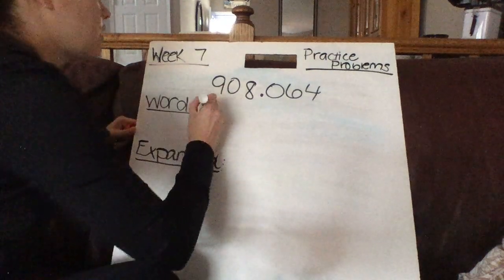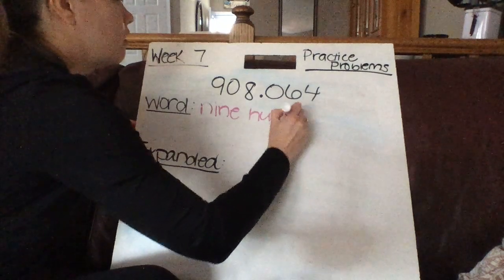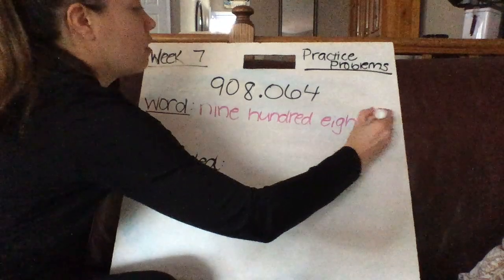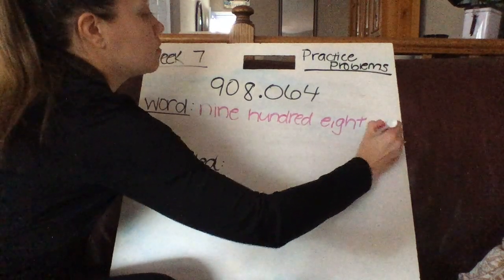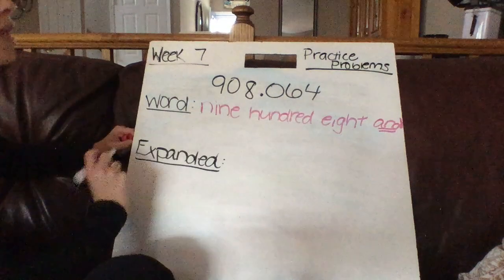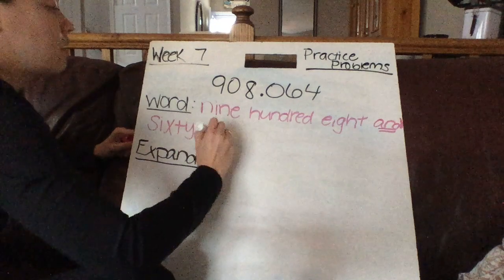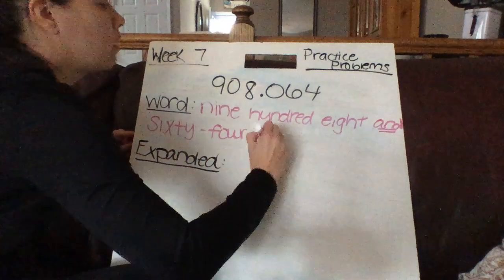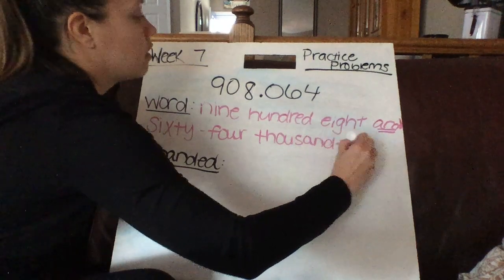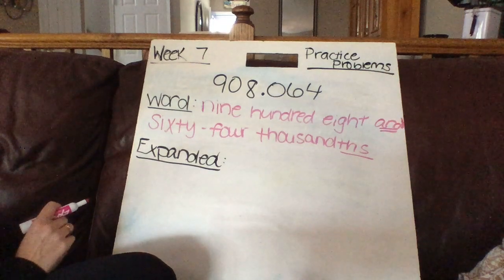So that would be 908, and it's very important to put the word and there. Okay, so 908 and 64 thousandths. And again, it's important to put the THS at the end of the word to show that you are